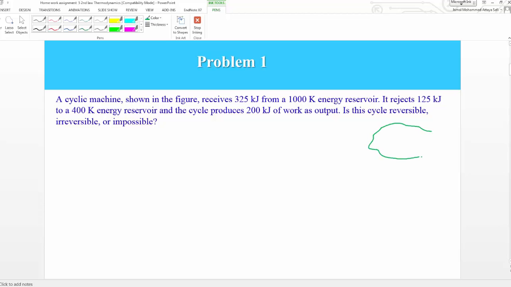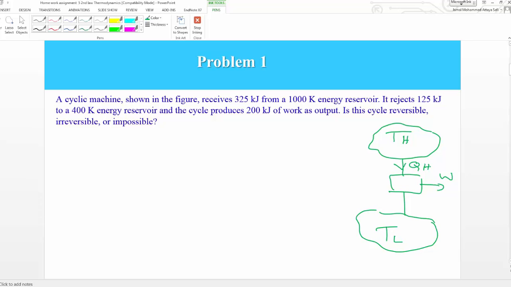a high temperature reservoir at TH, and of course I have a low temperature reservoir, which is TL, and it tells me that I have a cyclic machine that works between those two reservoirs to give me work, and this of course is QH, and that is QL, which is heat rejected. And then it gives me some numbers,